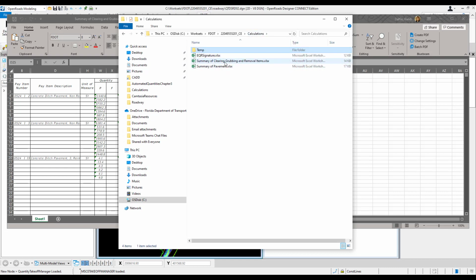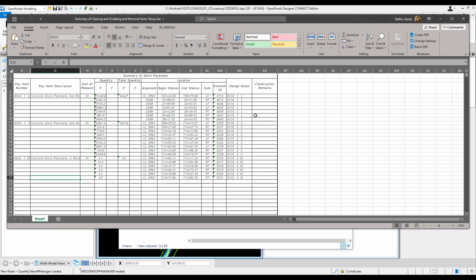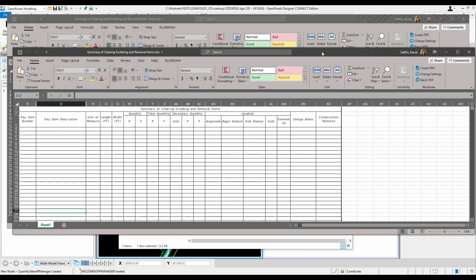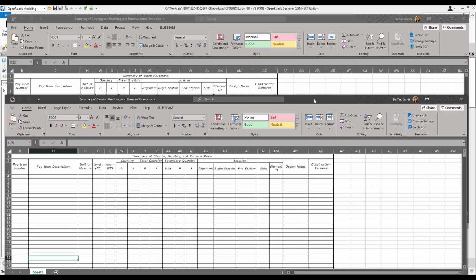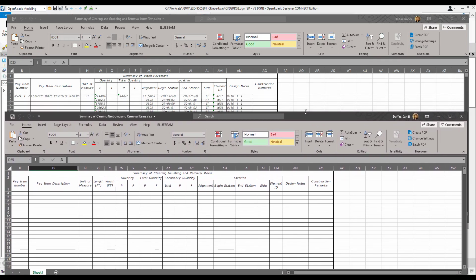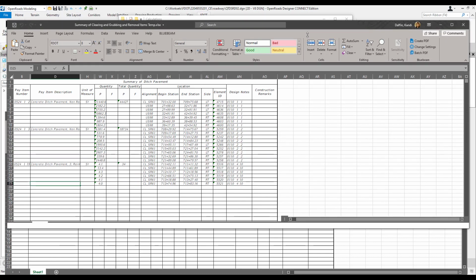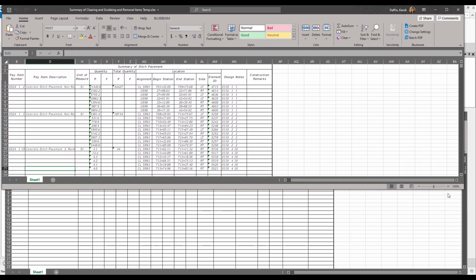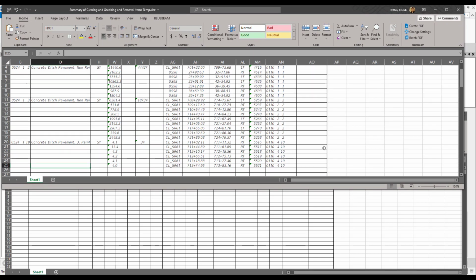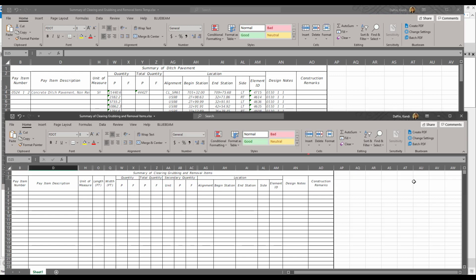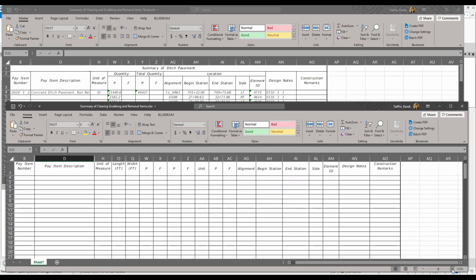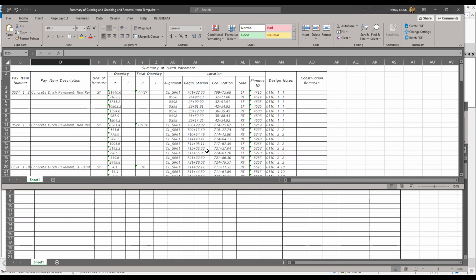Let's adjust them so that we can see both at the same time, because we'll be jumping back and forth between these two files. In the temporary file, we still have a little conversion to do.